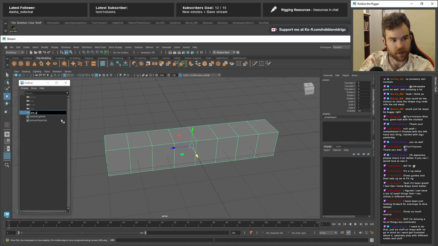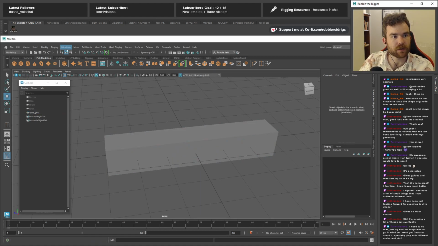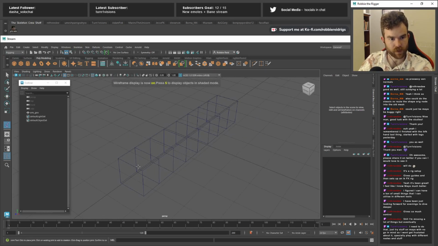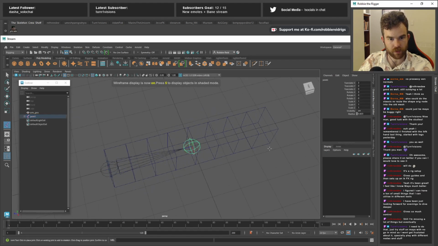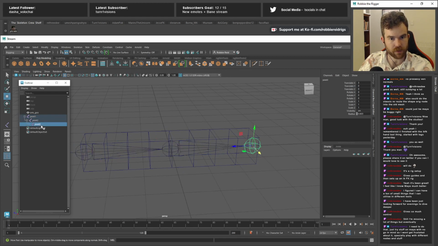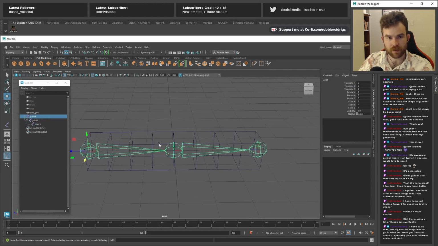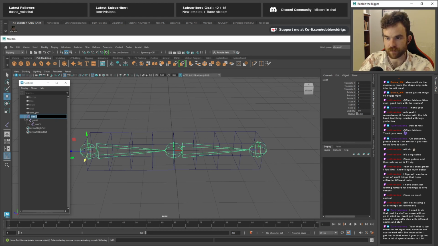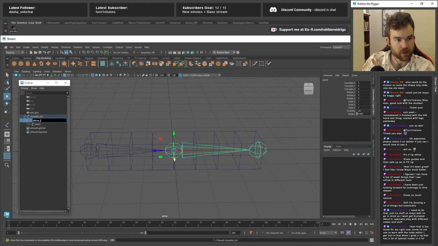Let's call this Geo. I'm gonna go one there, one there, one there. Let's go shoulder joint, elbow joint,